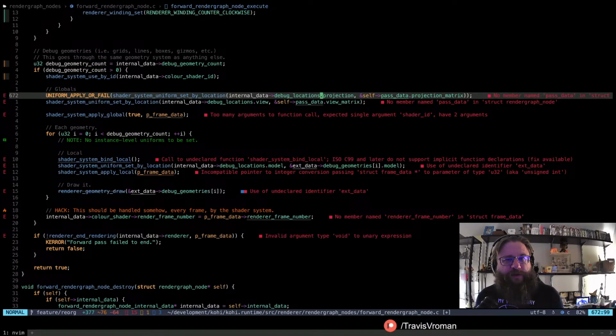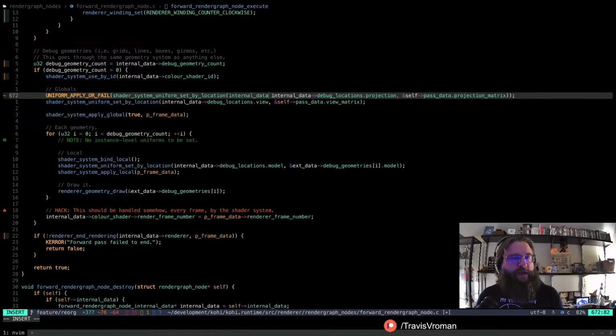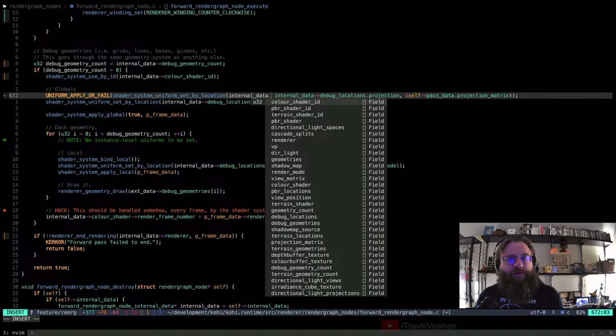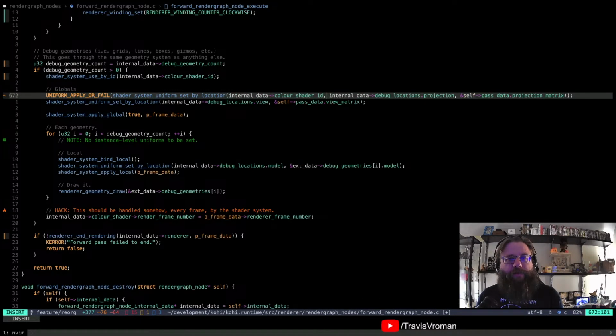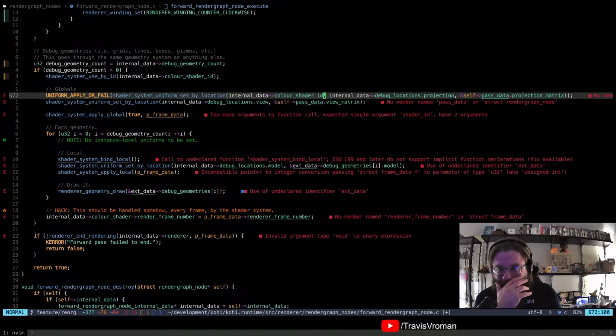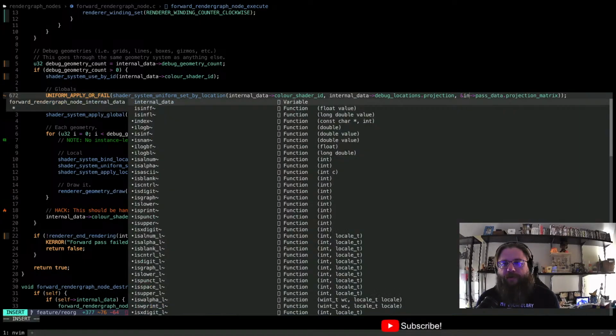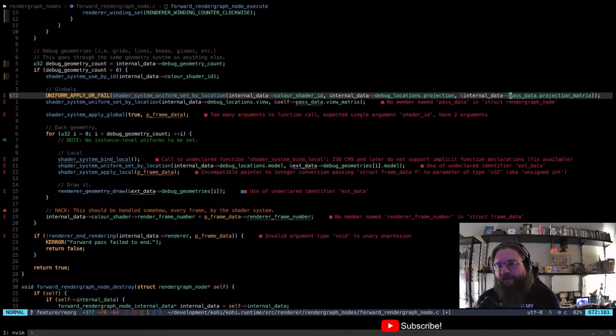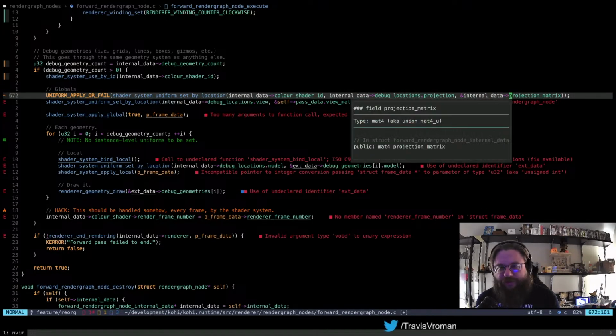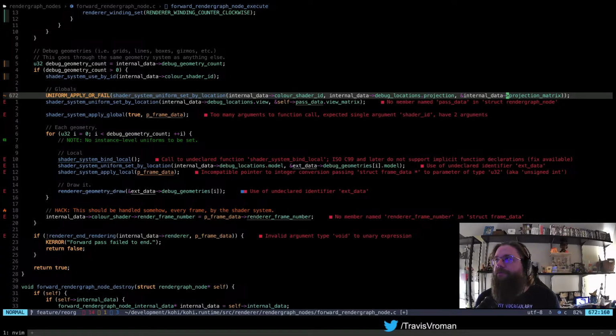And then we also need internal data, and this is going to be color shader ID. Okay, so debug location is projection, so we set the projection matrix and this is going to be internal data projection matrix, I think is what we called it. Yep.